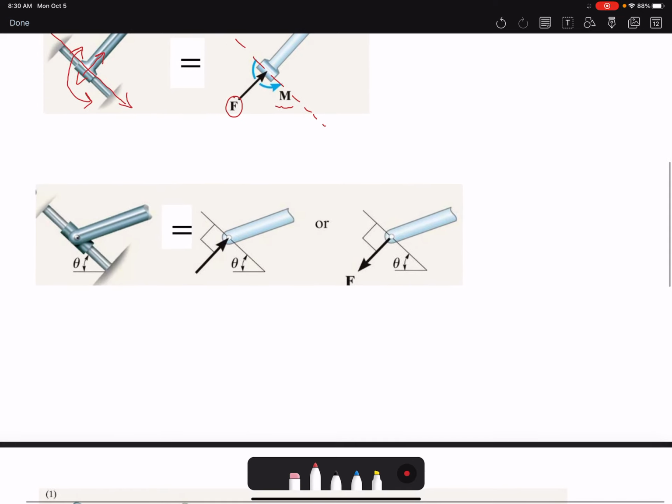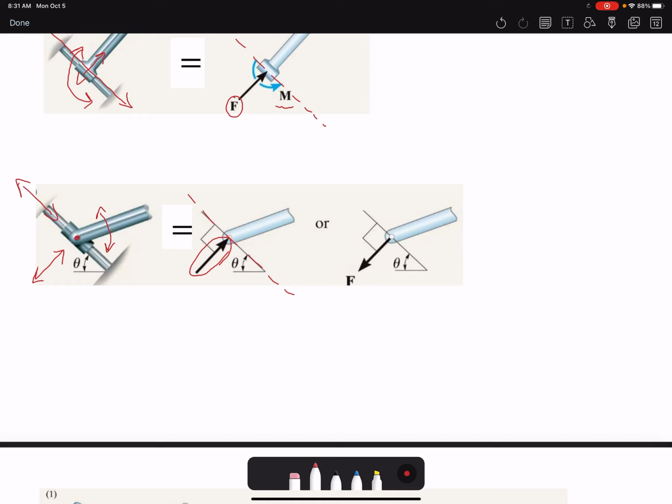Let's look at another example. Here, we can freely move in this direction. So there is no reaction force here, but we cannot move in that direction. Therefore, we have a reaction force. And since this one is pinned, that means that we can rotate, and therefore there is no reaction moment being